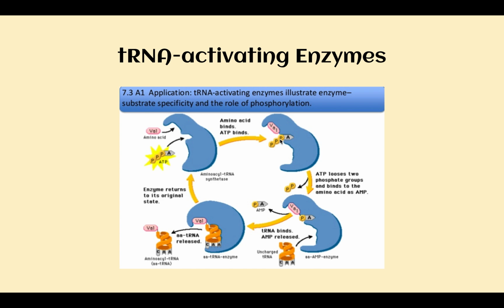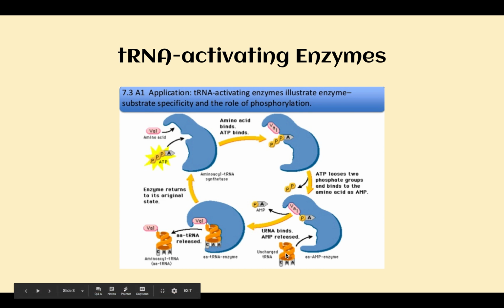The phosphate, two phosphates will bind to your amino acid. Look at the product here, AMP instead of ATP. What happened to the two phosphates? They bind with the amino acid. So your amino acid here is now activated. Binding of that AMP from ATP activates your amino acid, and then it will signal the binding